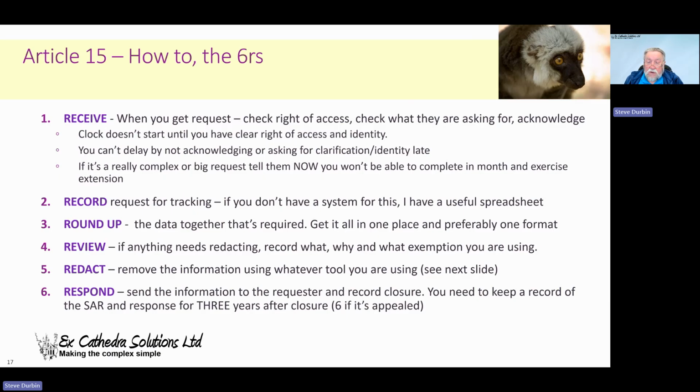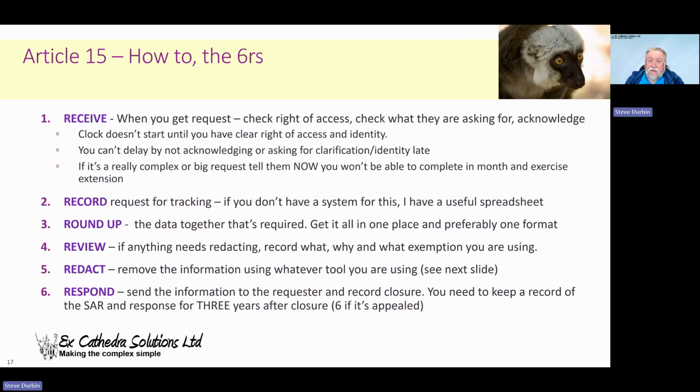Okay, round up all the data that's required, get it into one place and preferably into one format. Adobe PDF is probably the most commonly used because the readers are free. It can't be in a format that requires the data subject to pay for a tool or to even install a separate tool. That is not a common one. There's been quite a lot of argument about this, but basically Adobe PDF, HTML, are considered acceptable. Microsoft Word documents, not so much. Excel spreadsheets, that sort of thing, not so much, because people have to pay for software to access those, so bear that in mind.